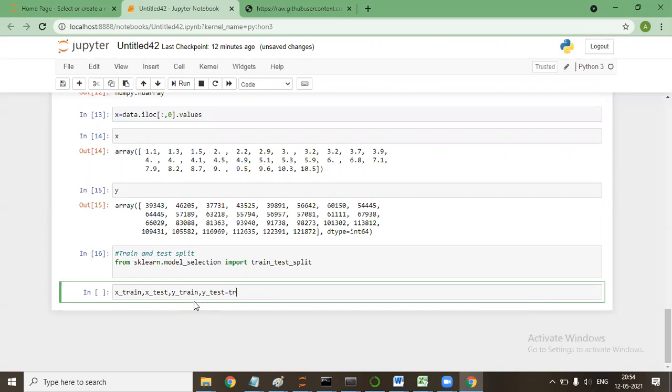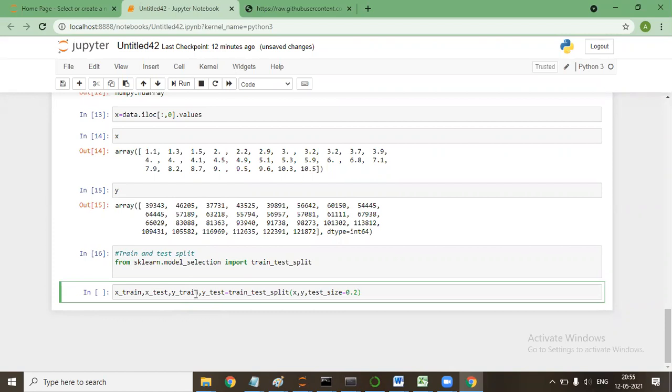So I need to split x and y, x into two parts, x_train and x_test, and y into two parts, y_train and y_test. Are you guys with me? Yes, sir. I'll say test_size is equal to 0.2.